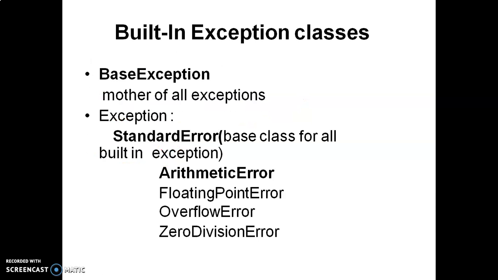These are some of the exceptions which are already available in Python. BaseException is the base class for all the exceptions, and there's another class, the StandardError class, which is also a base class for the built-in exceptions. Some of the built-in exceptions are like this: ArithmeticError, which is raised for divide by zero; and FloatingPointError, that is, whenever you are trying to